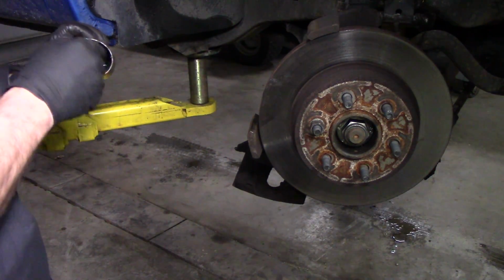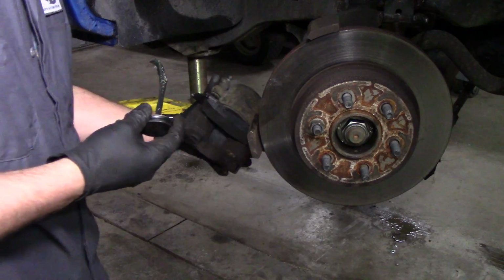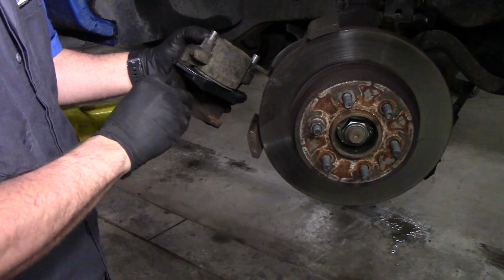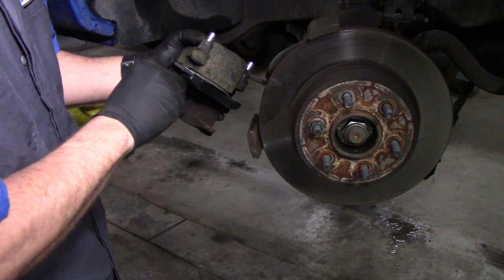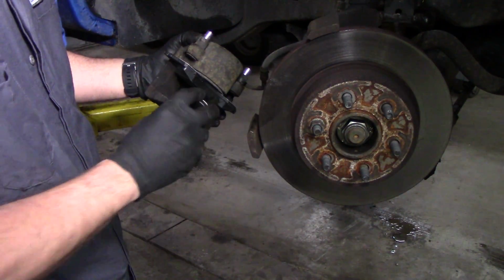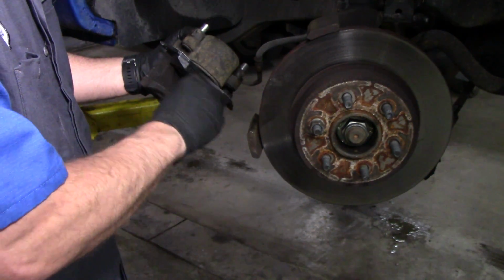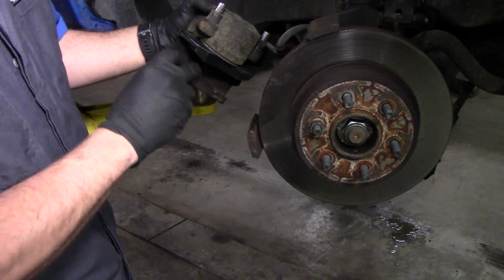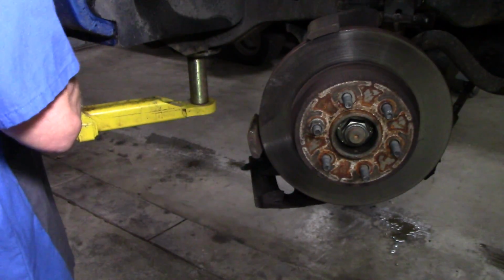And then the outer pad, which on this truck can sometimes be a pain to get on. I go ahead and put grease on the inside of the caliper right here before I put the pad on. Because this is the majority of where your noise is going to come from if you're having brake noise at all. Just get a fair amount of lubricant on there. It doesn't have to be a ton. Just like that. I don't know if the camera can pick that up or not, but it's not a ton of grease. And then